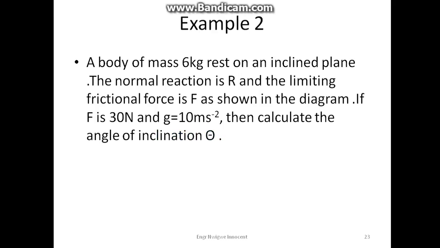The normal reaction is R and the limiting frictional force is F, as shown in the diagram. If F is 30 Newton and g is 10, the force of gravity, then calculate the angle of inclination theta,